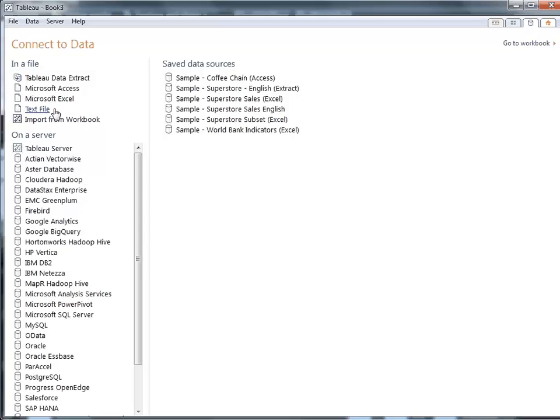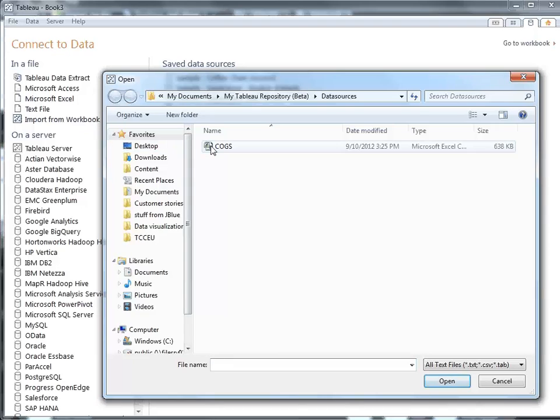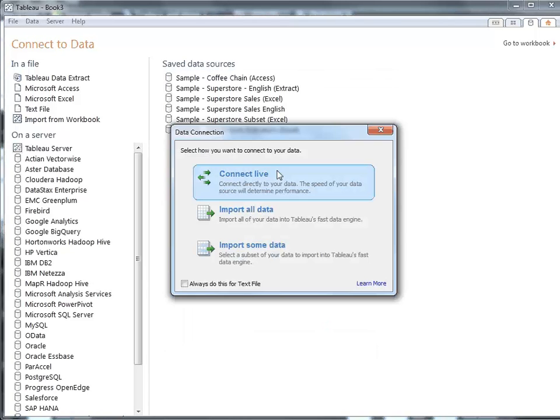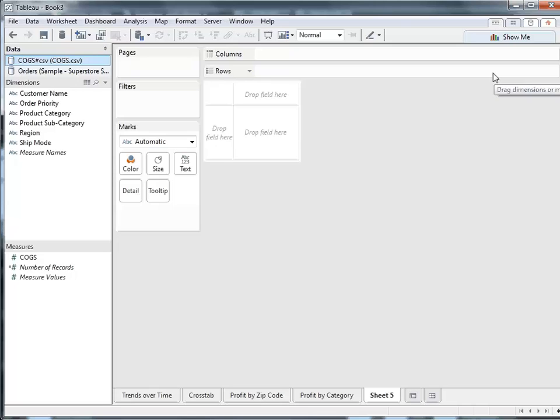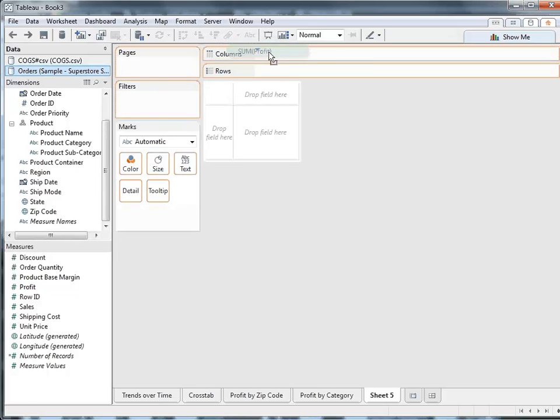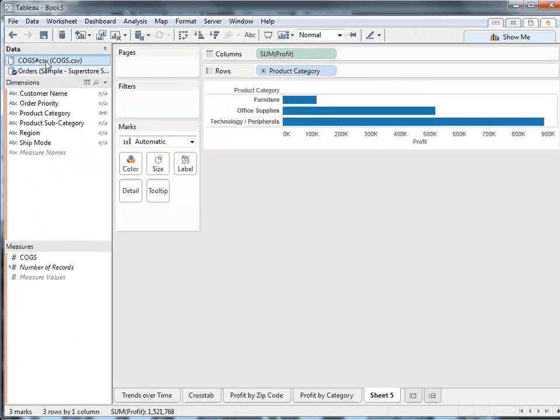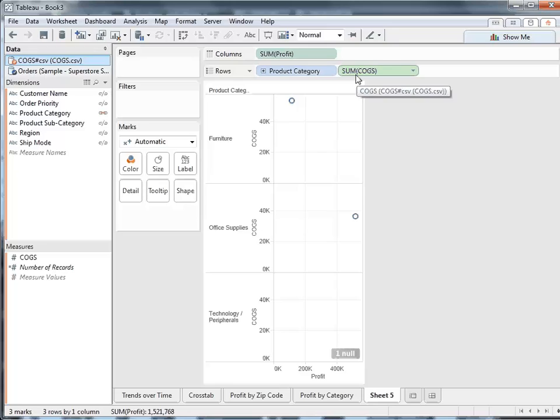In this case, I'm going to connect to my cost of goods sold data, which is stored in a CSV. When I bring the data in, it appears right alongside my original data set. The first thing I want to look at is the relationship between cost of goods sold and profit. When I view my cost of goods sold dataset, I can see that Tableau has automatically linked the two datasets on product category, and I can join on that field. So when I drag out cost of goods sold, I'll be able to see that data for all my different product categories. I'm going to turn this into a single scatter chart